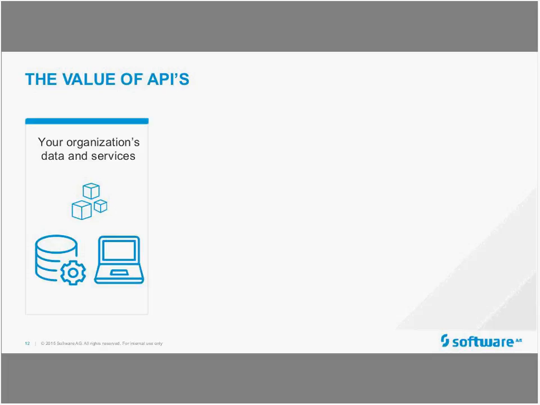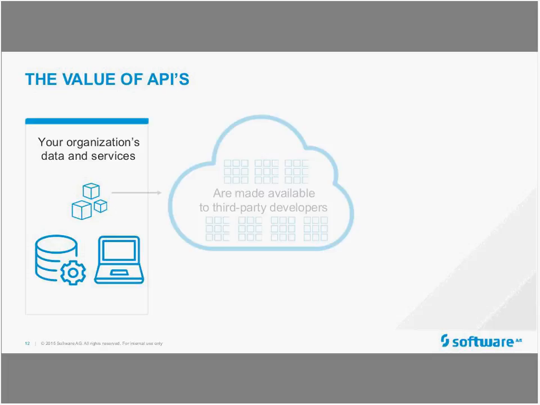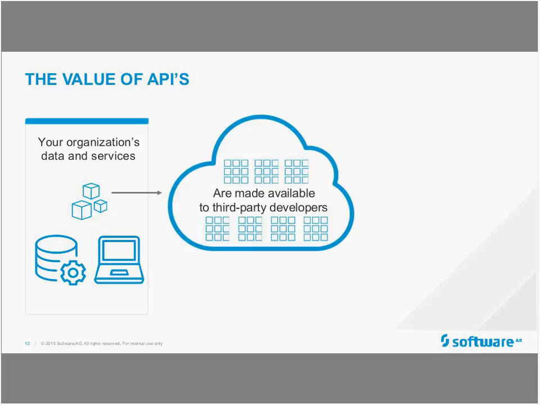So first off is to take a look at what data services you do provide, and then think about how you're going to make those available to third-party developers. I think this is a key thing to think about when you're thinking about an API program. You have to think about who your users are, and in many cases it's a little bit different than the default idea of your typical user, because you're not necessarily targeting the end users of your information. So whether you're providing a service that makes it possible to renew a driver's license, for example,